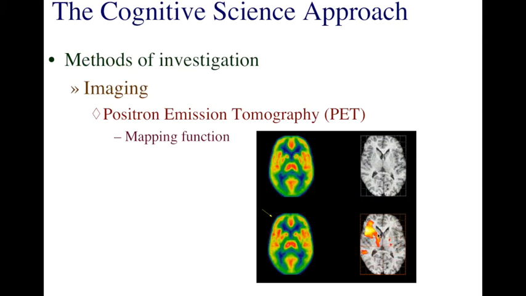This view of this horizontal slice of the brain is from the top, which means that this is the left hemisphere. We've talked about cerebral dominance before. This is yet another example of how the left hemisphere is dominant for processing of language, in this case, this verb generation task.